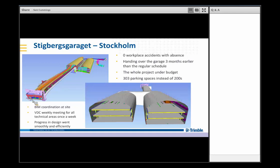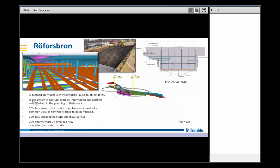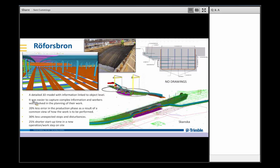Here's another one. We can see very, very similar. You see all the different types of BIM software being used, not just for steel or for car parks or for high-rise buildings, but for industrial buildings as well, which are multi-material and have long tunnels and that type of thing. So we're really able to get right to the bottom of those. You can see there are no particular drawings on some of these projects. When we say drawings, what we mean is snapshots of the model that have been added, and the reinforcement has been added on there, and then they have been sent out because it's much easier to visualize that